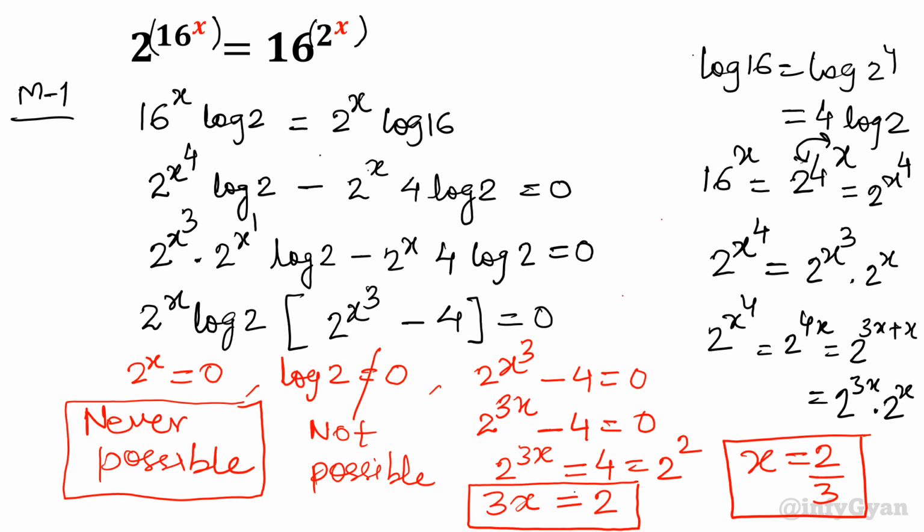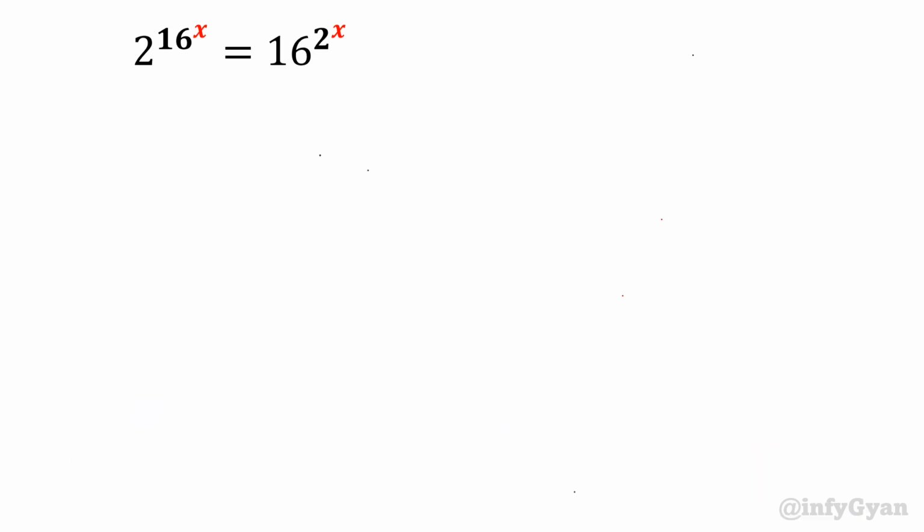Let's start the second method. Let's see how we will solve using the second method. Method 2, let me write. So I am starting with 16 using exponents. We will solve this problem. So 2 raised to the power 16 power x will be equal to 2 raised to the power 4, since 2 raised to the power 4 is 16, power 2x,